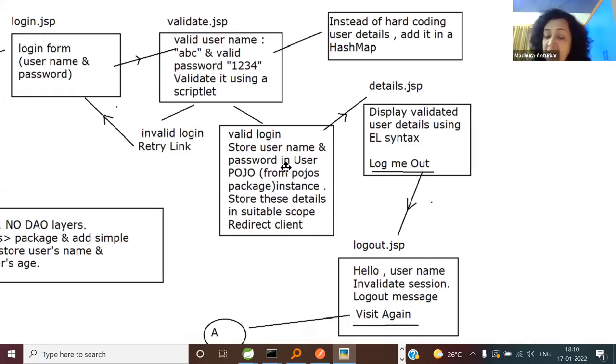Anyone wants to share screen, anyone is stuck in any servlet based projects, anything and everything, starting from day one of core Java till today, whatever you have, ask.